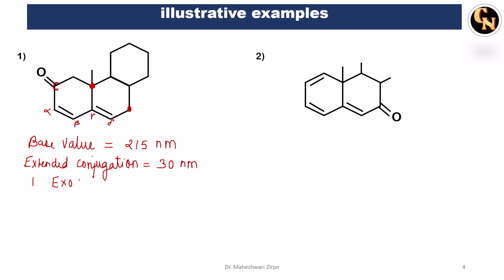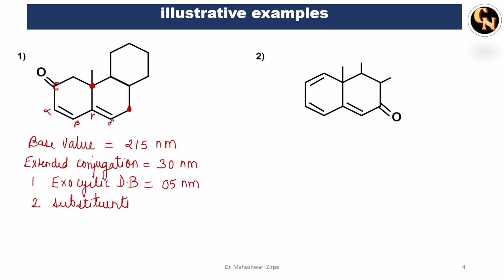Exocyclic double bond. Okay, one exocyclic double bond, this is a ring. To this ring, if you find a gamma delta double bond, that is your exocyclic, so you are going to add 5 nanometers to this. And apart from that, two substituents which we have to add, that is your CH3 groups or CH2 groups. So two substituents,